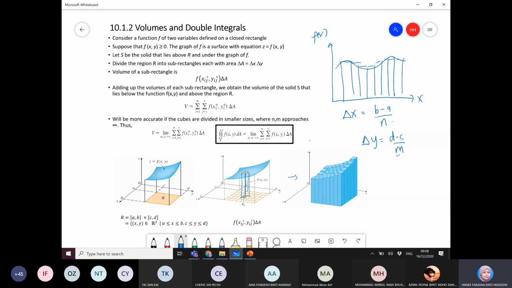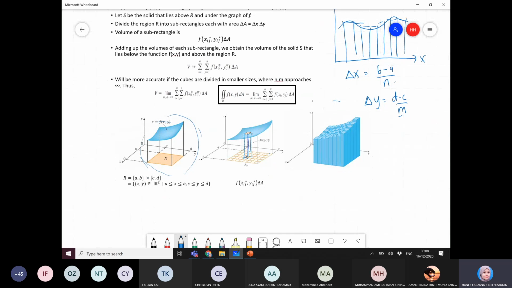Then you end up with this picture, where you have many rectangular cubes, and you add all those volumes together to get the volume of the solid S. This is your solid S, which lies above the region R and below the function f. That gives you the double Riemann sum